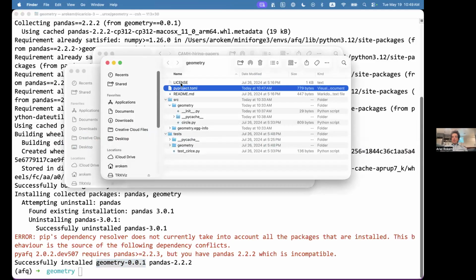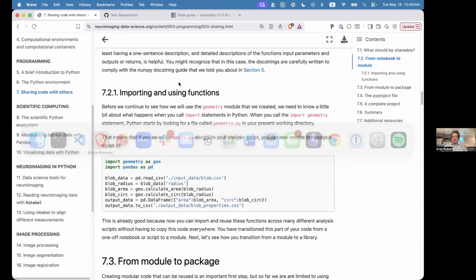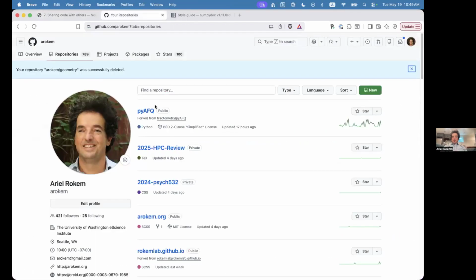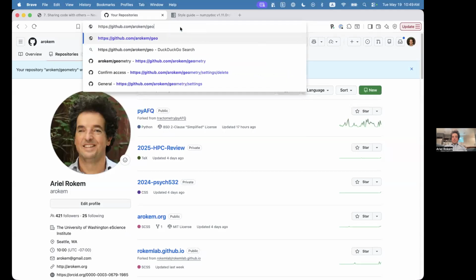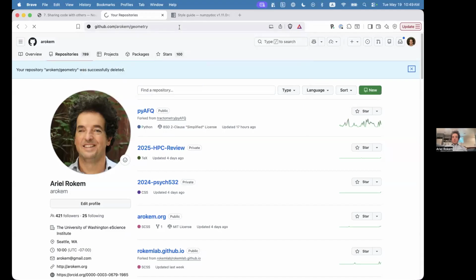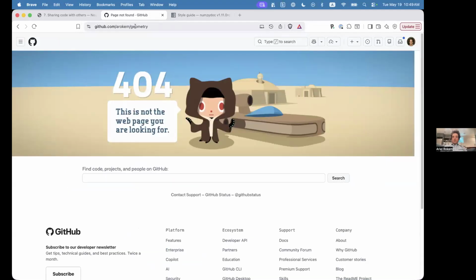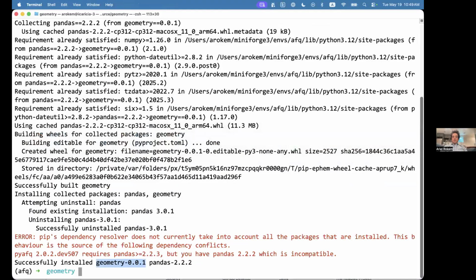There's one final bit here of metadata called the license file, and I'll come back to that one. Before I come back to that one, I did want to show you that everything I'm showing you here as an example does live in a GitHub repo called geometry. Oops, really? Oh, I didn't push it. It doesn't, so,